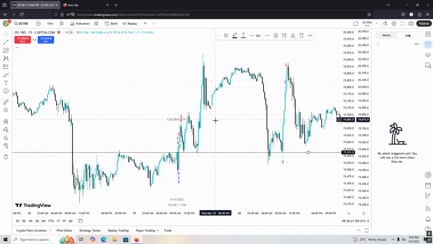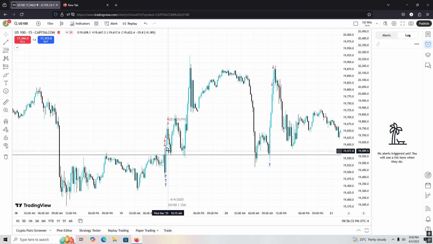This is a 15 minute, by the way. You can still use it on the 15 minute and then go back to a 1 minute and see the breaker structure, fair value gap, and enter that would just be basically. But let's go on the 15 minute first. So liquidity sweep, it went below these lows over here and it changed direction.